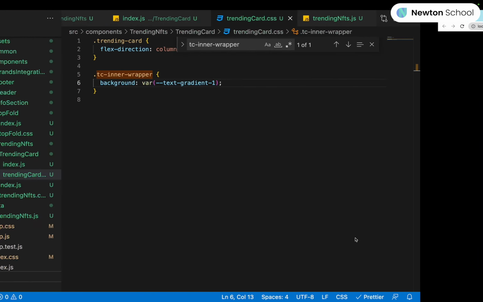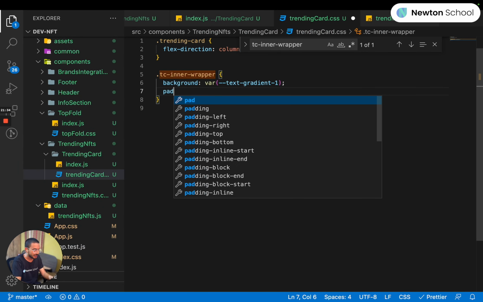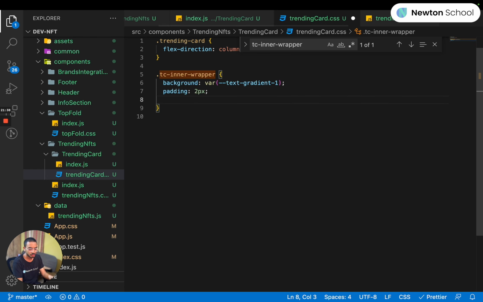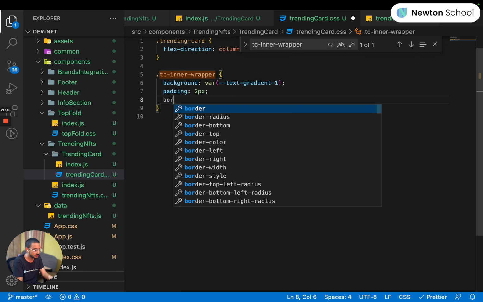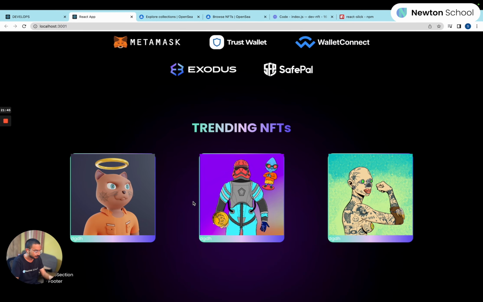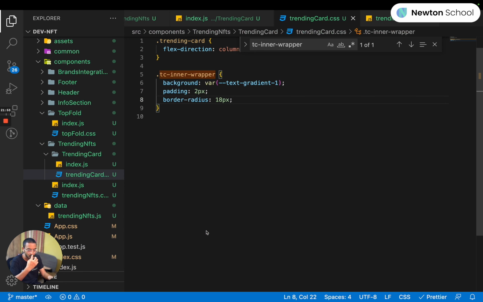You can see here. Next to this background, the next property I want is padding. This padding will be equivalent to the border width that you want. So I want it to be 2 pixel, and I want it to be circular, so I'll say border radius as 18 pixel. Now you can slightly see a background of gradient here. To convert it into a border, what we will do is now target the